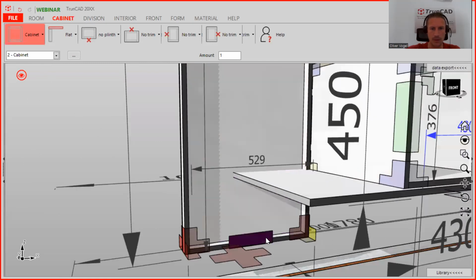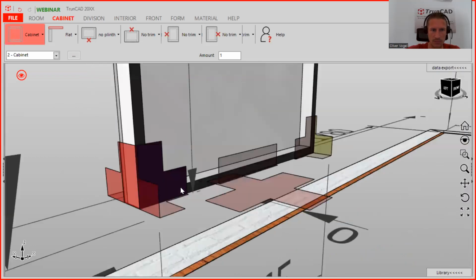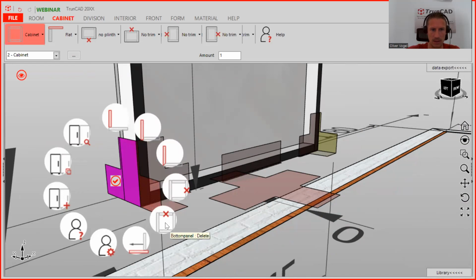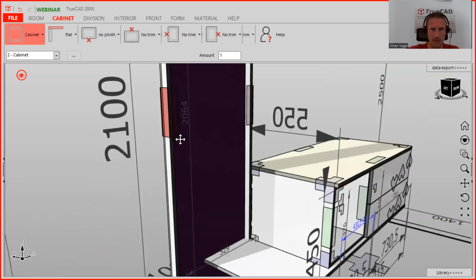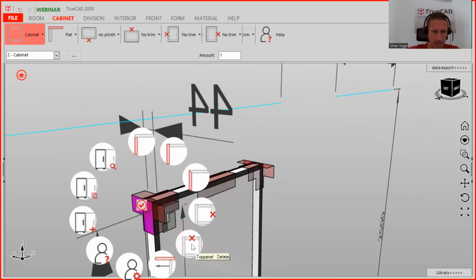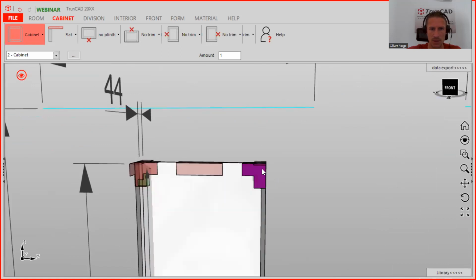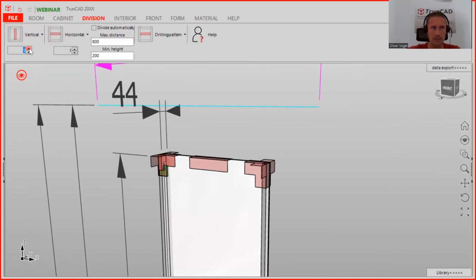So now we don't want to have here the bottom panel, so that's why we click on the smart click and delete here the bottom panel. The side panel, that's okay, and on the top we don't want to have the top panel neither, so we just let it disappear. And now we click on division, and here we want to have 11